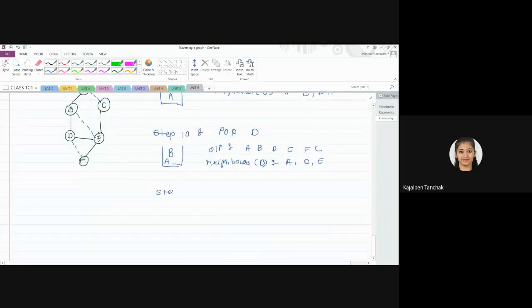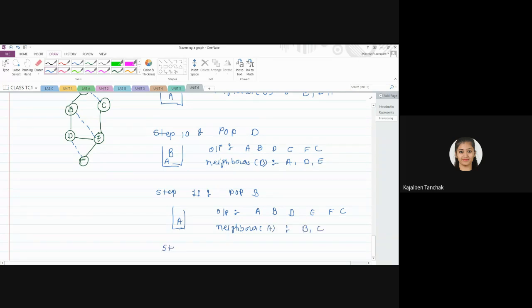On step 11, you have to pop B. This procedure we are doing to check whether any nodes are remaining or not. Neighbors of A, that is B and C, are already visited.